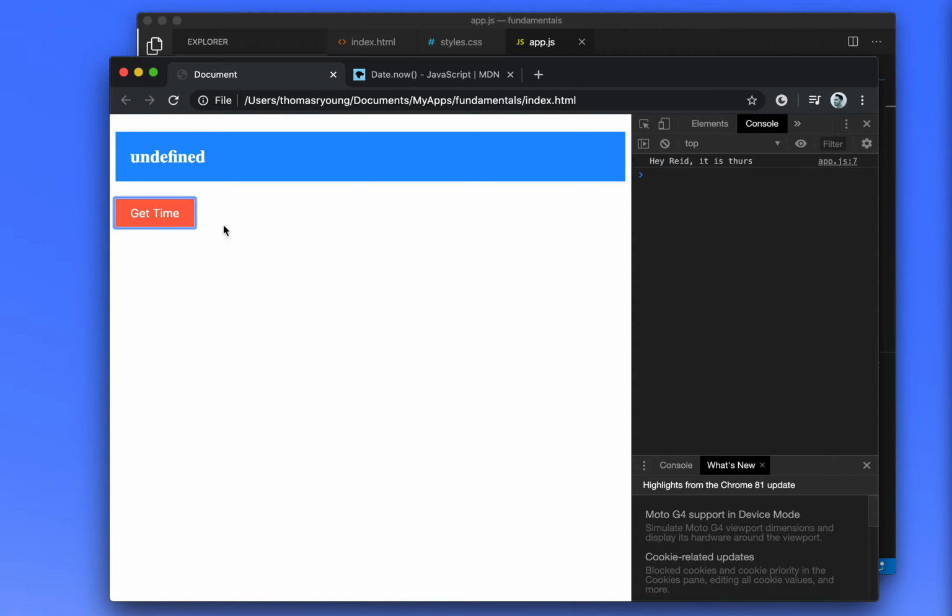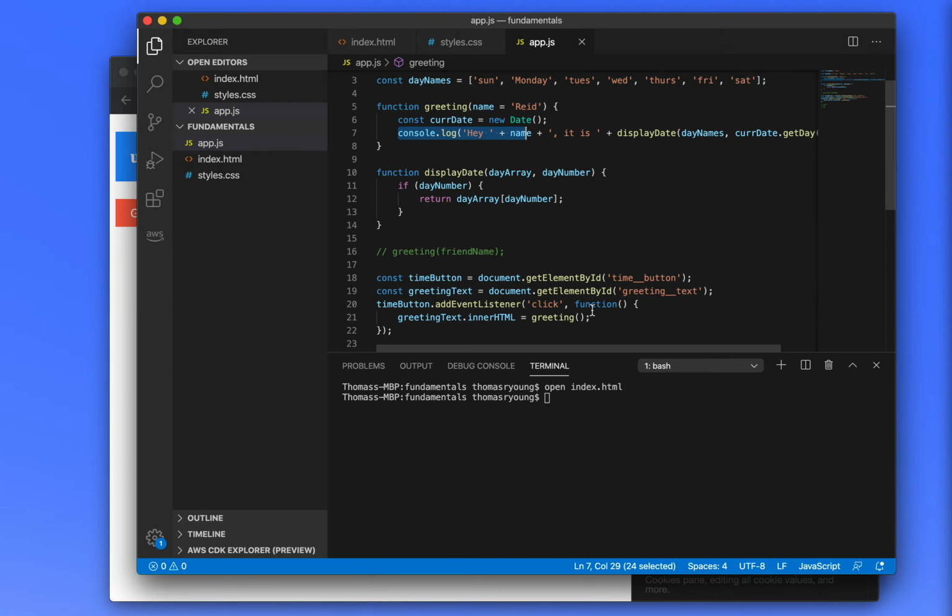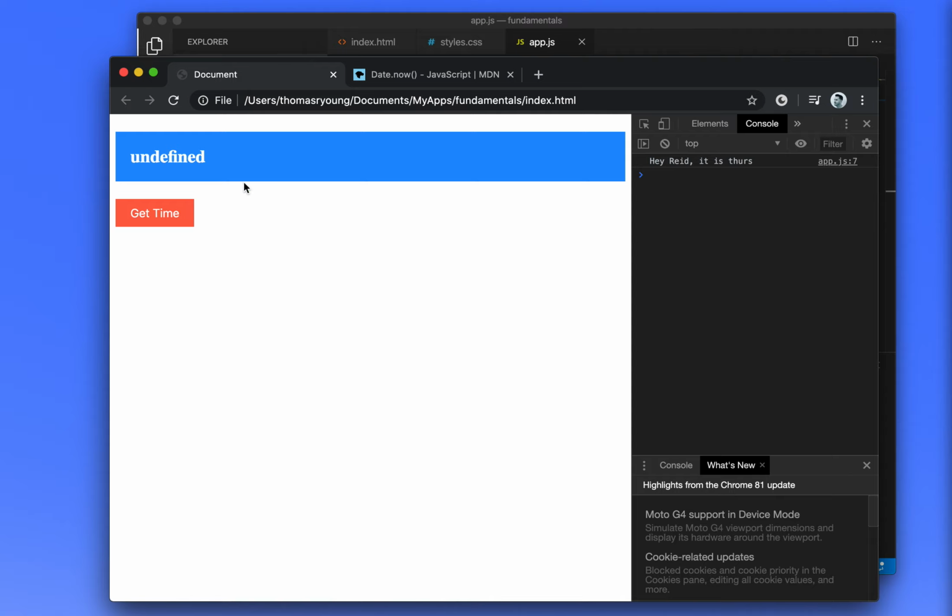Okay, we're getting an undefined value, which we did not want, but is expected. And the reason is we're only console logging this text. We're not actually getting the text returned by the function. So we could try to do it another way. We can just see what happens once we console log greeting, and then this might make it a little bit